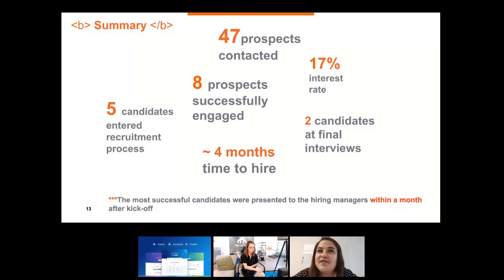Then also we have CNPS, so candidate NPS. Within 5 days of the conclusion of a candidate's process, whether they were successful or not, they would receive a survey, which they can choose to answer or not, we can't force them. It covers a number of areas like the speed of the process, the quality, and courtesy of the recruitment process. Did they feel like the assessments were good, that their interviewers were prepared, and that they were prepared for the process?